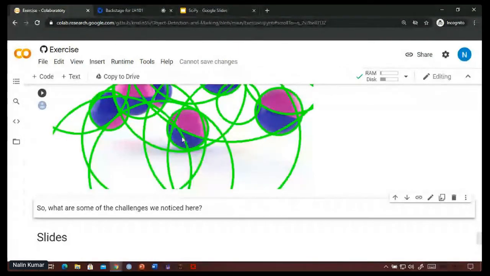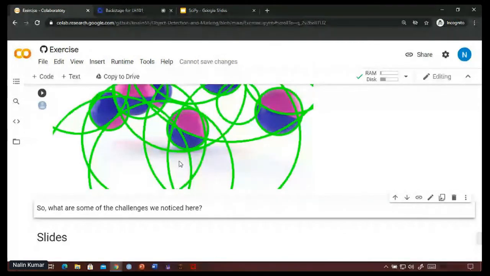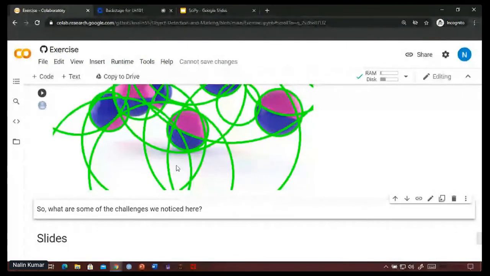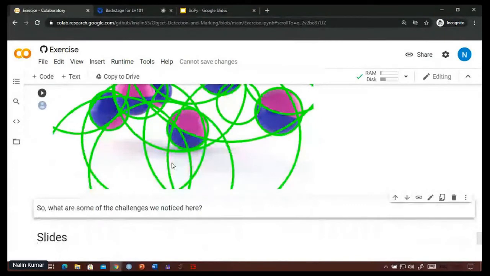That will cause these methods to fail. So that's why we need neural networks to train and understand the essential shape of the objects in the images, so that they can detect them and then we can count them.